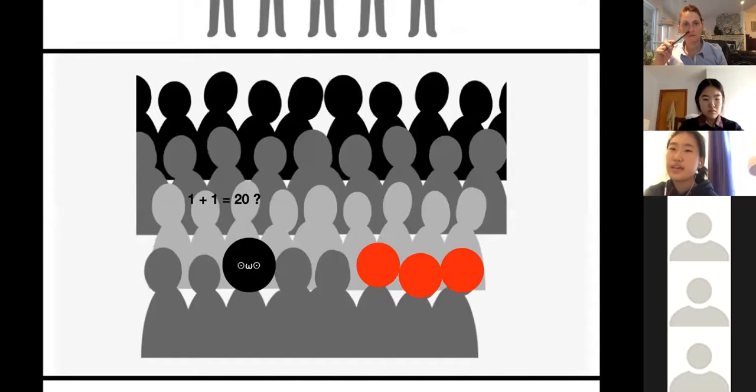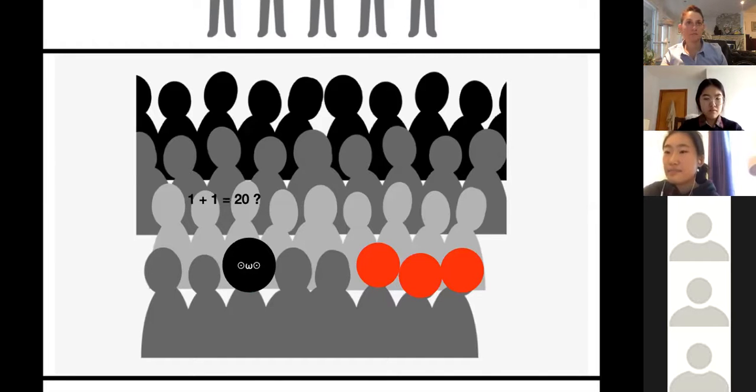So when you do the experiment by yourself, they found that more than 99% of the time, the person had the right visual judgment on which stick was the right stick. But as soon as there's one other person who's doing the experiment with you and who says the wrong answer, you'll be more keen to agreeing with the wrong answer.